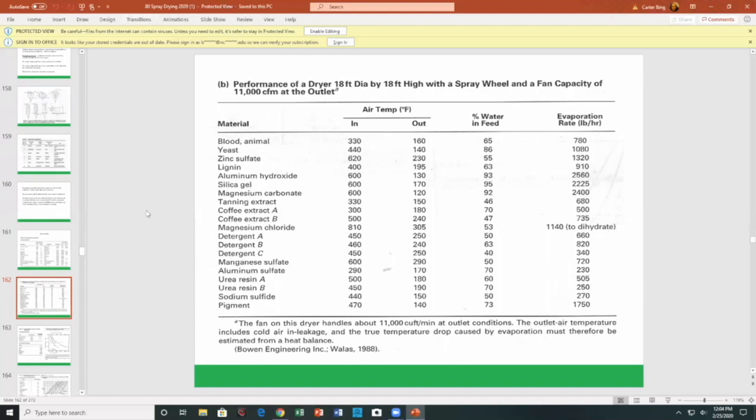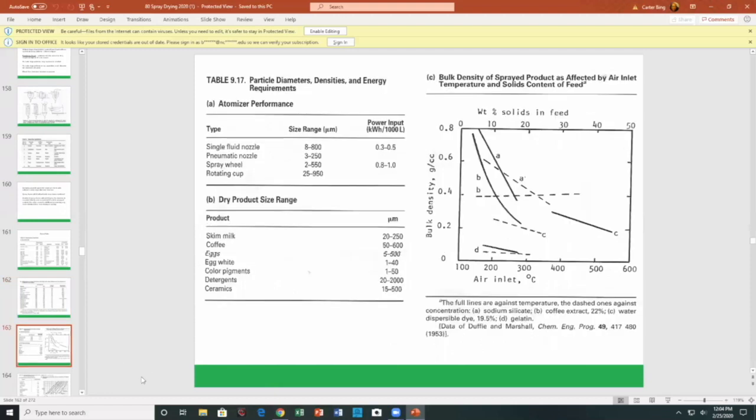Wallace's book, 1988, excellent book. I'm sure I lifted this from there, if I'm not mistaken. Some other data: dry products, micron size. Typically you're looking at power input, which you very seldom see, but it's like